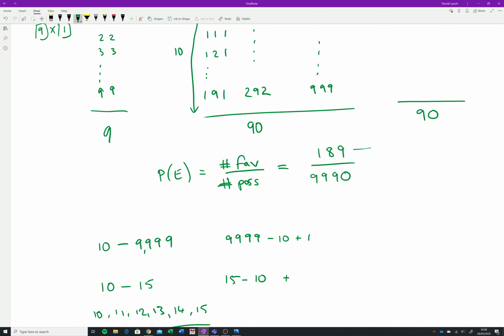So that's how many are favorable years. That's how many are possible if you were to choose at random. So that's just a palindromic one. Wouldn't shock me if that came up. Actually,